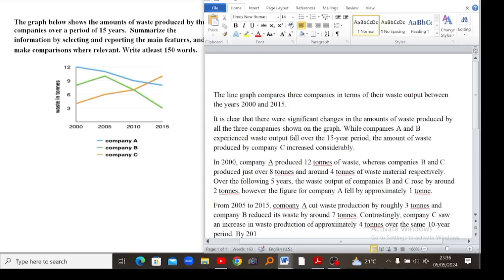By 2015, company C's waste output had risen to